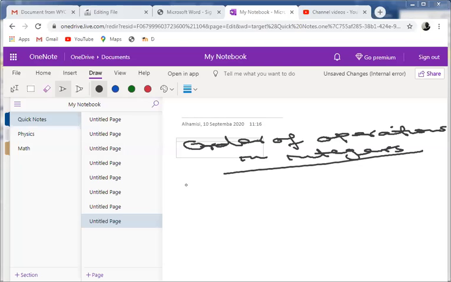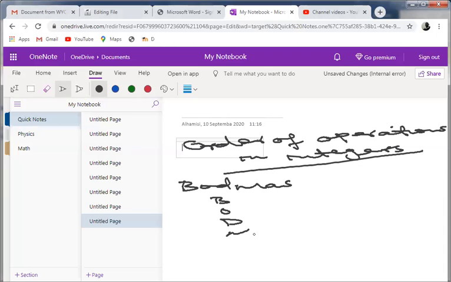In today's class, we are going to talk about the order of operations involving integers. So I'm going to use my board here to illustrate what I mean by that. Anytime we talk about the order of operations involving either integers or fractions, in simple terms, we are referring to the application of BODMAS, whereby we have the BODMAS here. Let me rewrite it. BODMAS. The B here stands for the brackets.